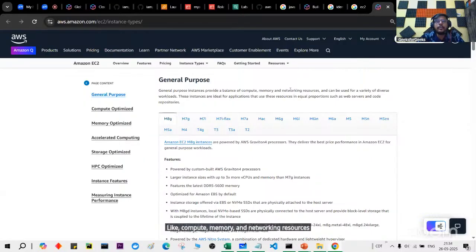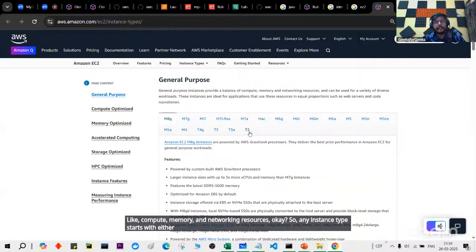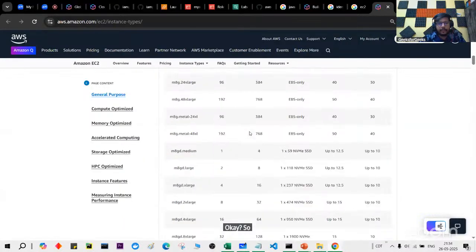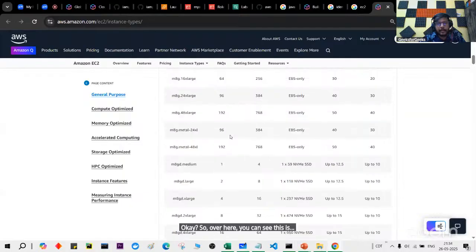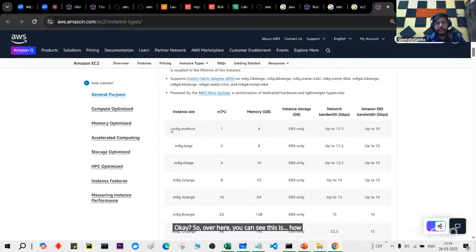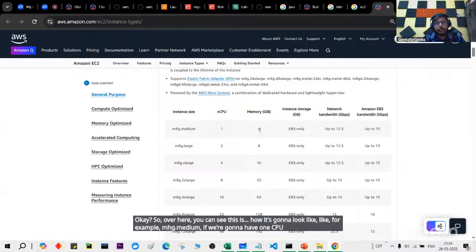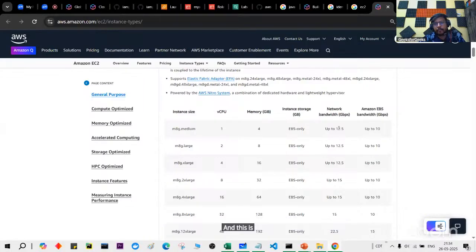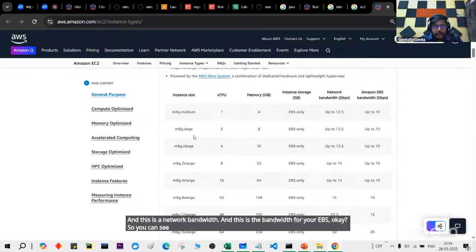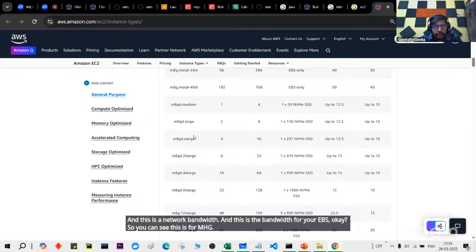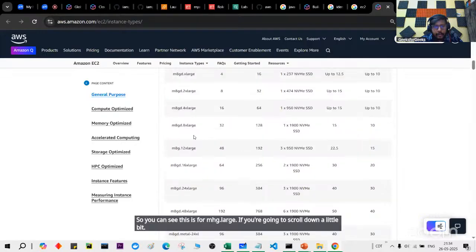Any instance type starting with either M or T stands for general purpose. Over here you can see how it looks, for example m8g.medium: one CPU with 4 GB of memory, this is the network bandwidth, and this is the bandwidth for your EBS. So you can see this is for m8g.large. If you scroll down a little bit now,